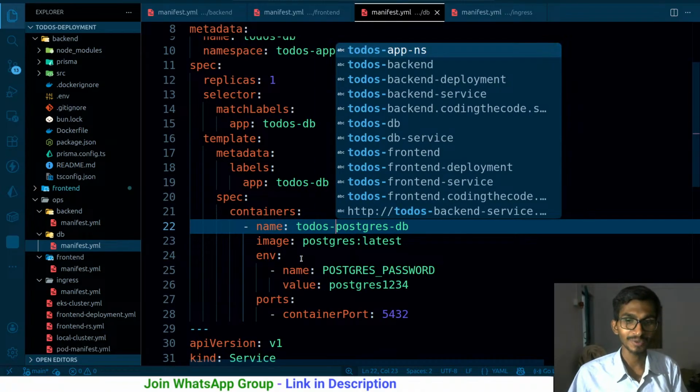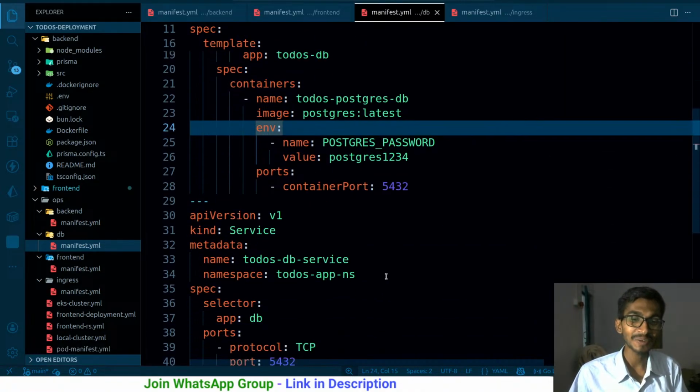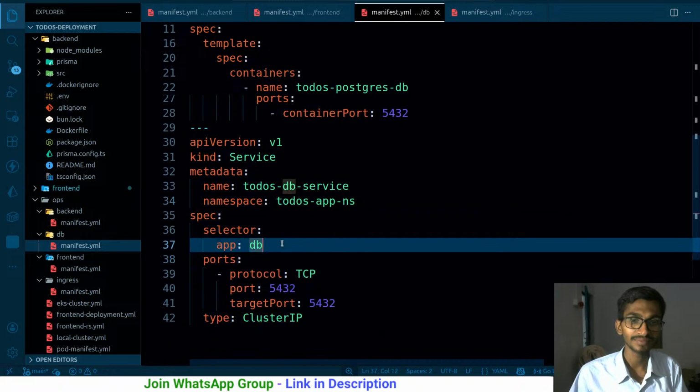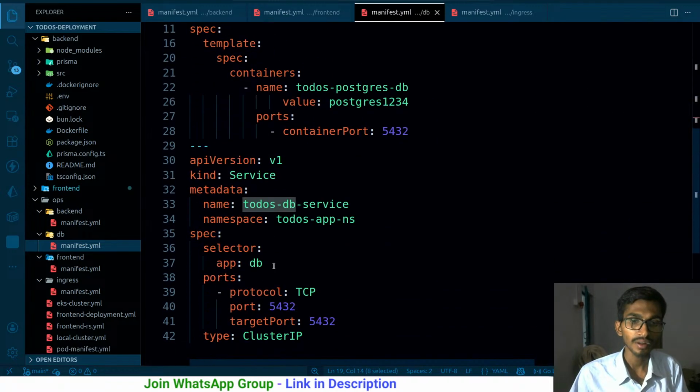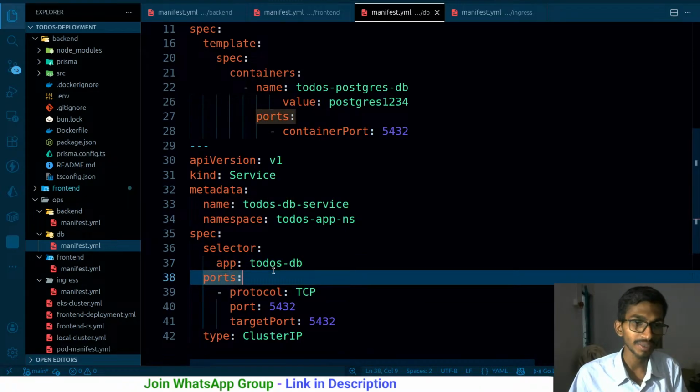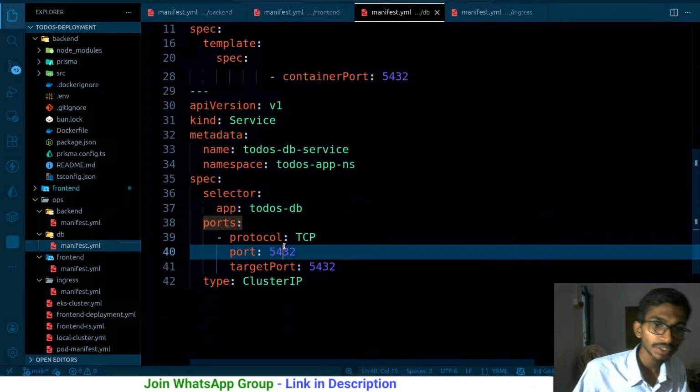To-dos Postgres DB. Okay, doesn't really matter. You can just name them anyway, in any format, that doesn't matter. As long as that makes sense, that's fine. Interesting thing is this, that